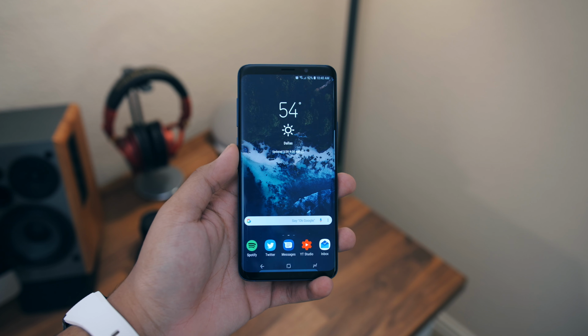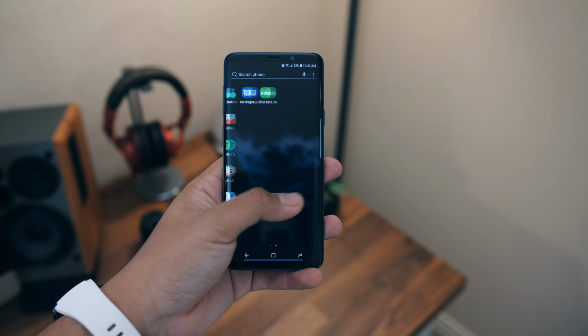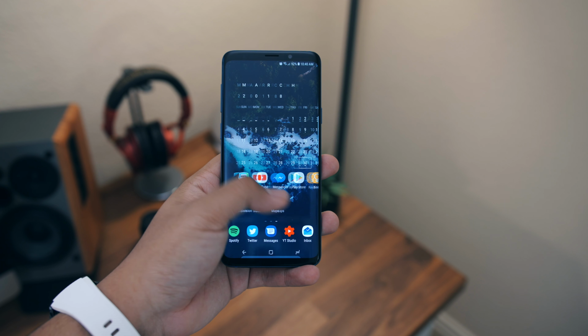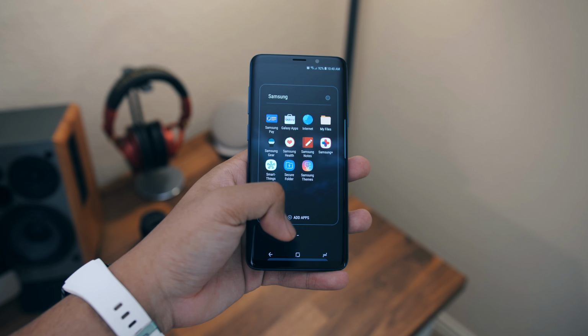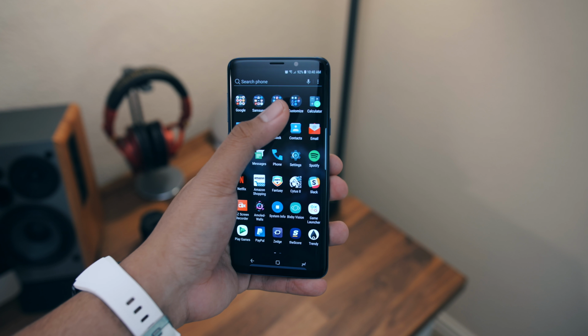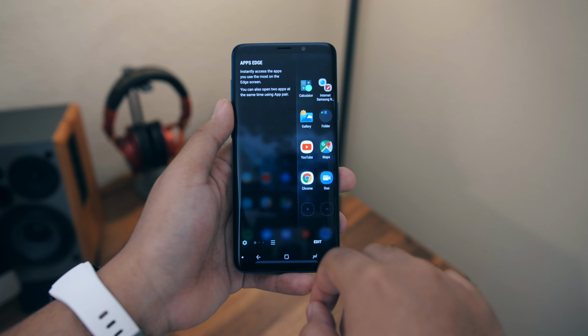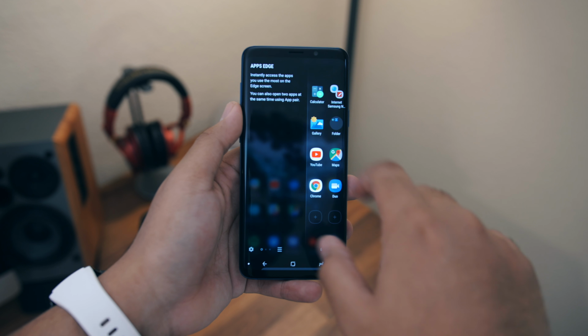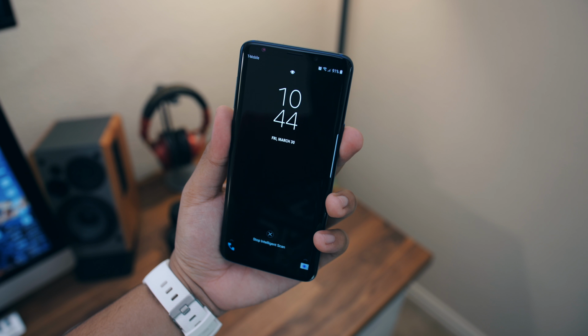Now, as for the software category, you're looking at two totally different experiences. On one hand, you get the Samsung experience with features galore. We all know good and well that Samsung just loves to cram as many features into their phones as they possibly can. The list of features is quite long, but you of course have your Edge panel and all of the things that you can do with that, Edge lighting to add effects to notifications, face and iris scanning,